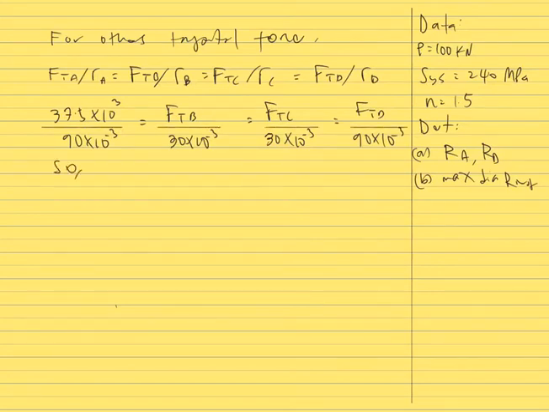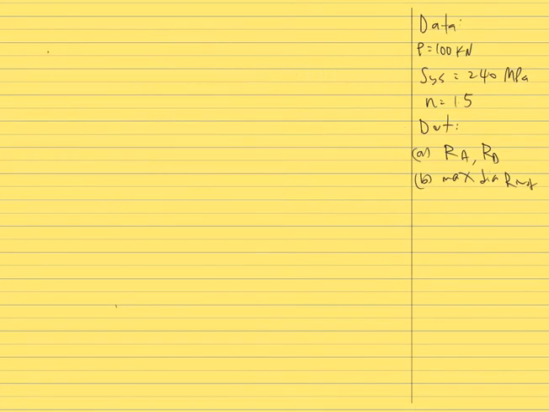So simplify, we get FTB is equal to FTC is equal to 12.5 kilonewton. For FTD is equal to FTA is equal to 37.5 kilonewton. For rivet A